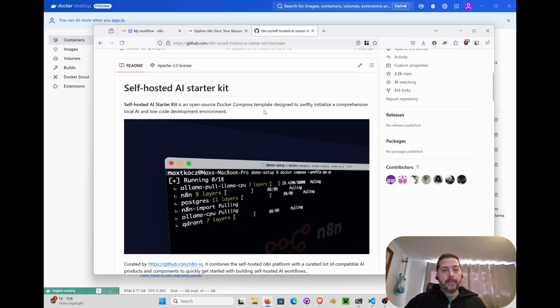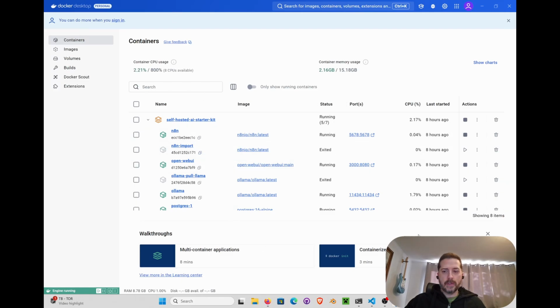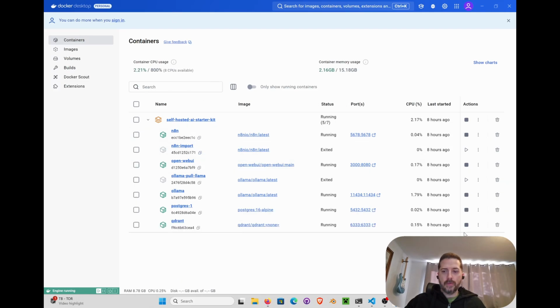We have several things starting up in here. So let's go over here. You can see your Docker Compose. We have n8n. There's a couple of containers that are used in the early startup of the Docker Compose up. This one will pull your models, and I'm not really sure about this one. It comes alive and goes away. Then you have Postgres, Quadrant,